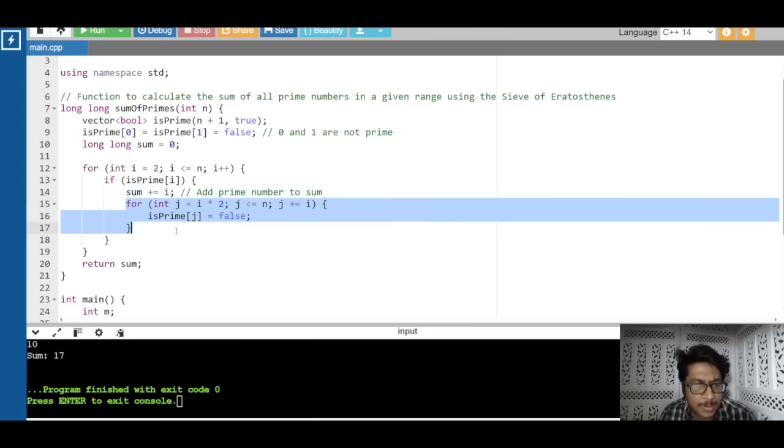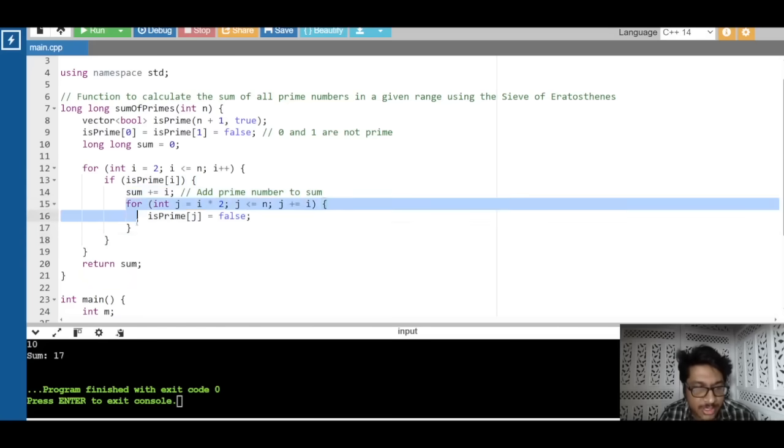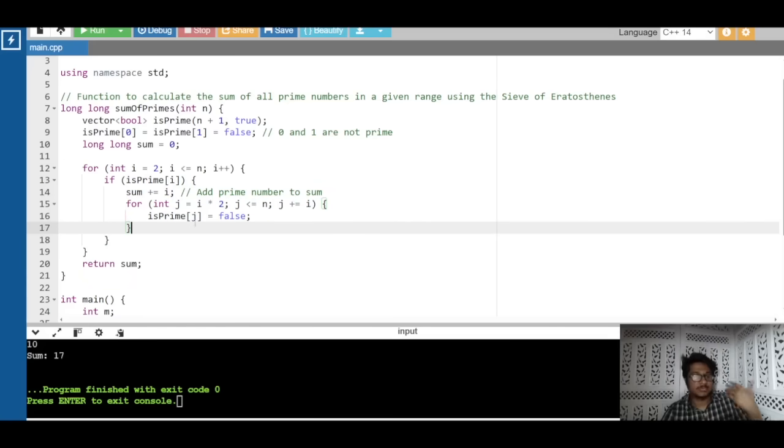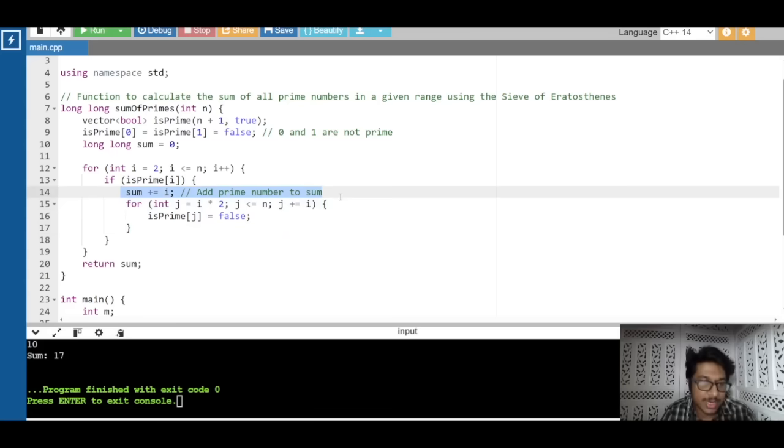And the next step, after that, all of its multiples will be marked as false. And whenever it's marked as false, you know that in the next steps I will be continuing to add all the prime numbers here. Okay. And at the end of the day, I will get something like this,